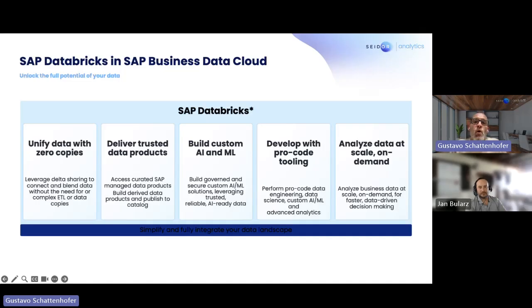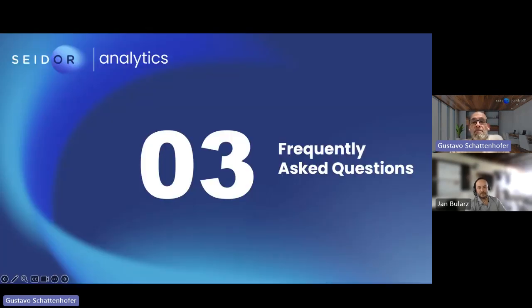So this is the whole idea of SAP Business Data Cloud and how to integrate all different processes in just one platform. This is an overview of the platform. Why are we here today? Because